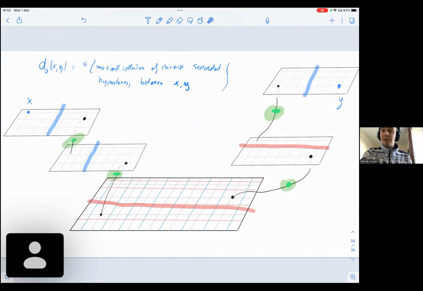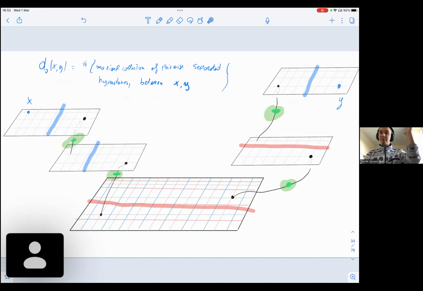So given any two on the collection, 1 and 2, they need to be disjoint, and there could not be a hyperplane that intersects both. And you easily see that this is such a collection, and it is maximal. And now you can easily believe that if I use this distance, computing this distance this way between x and y is going to be, essentially, up to an error of maybe 1 or 2, twice the number of those